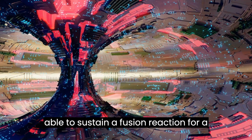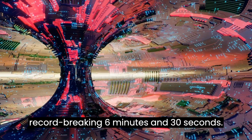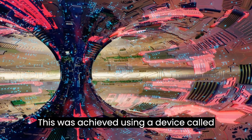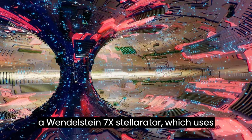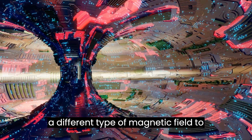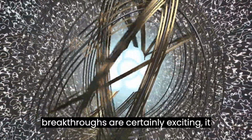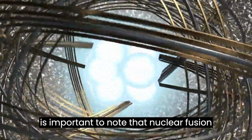were able to sustain a fusion reaction for a record-breaking 6 minutes and 30 seconds. This was achieved using a device called a Wendelstein 7X stellarator, which uses a different type of magnetic field to control the plasma. While these breakthroughs are certainly exciting, it is important to note that nuclear fusion is still a